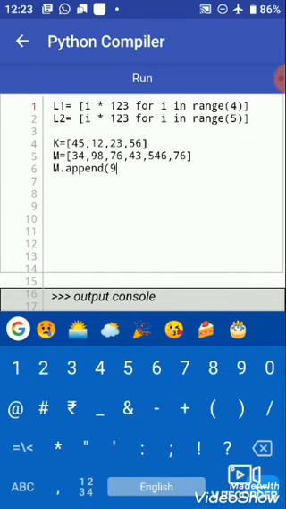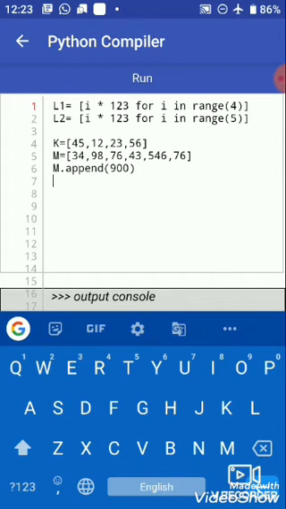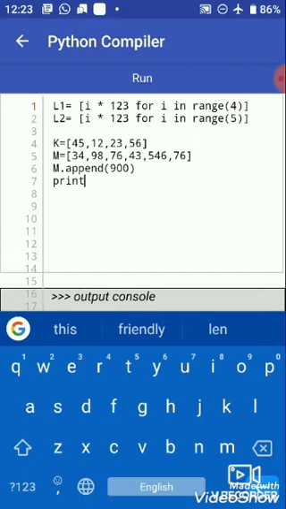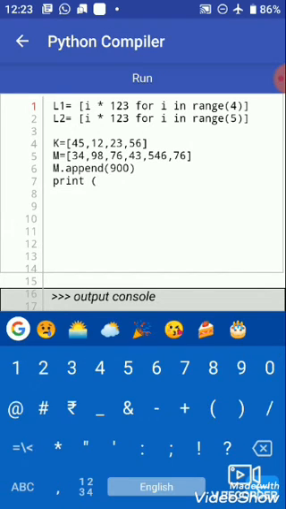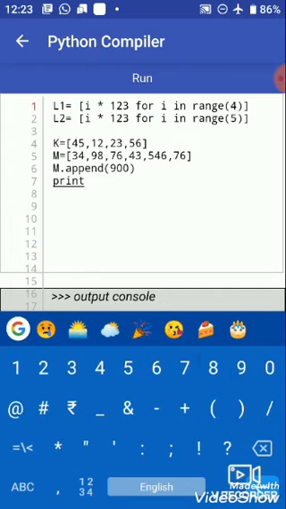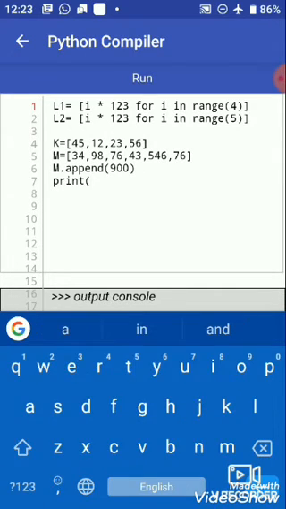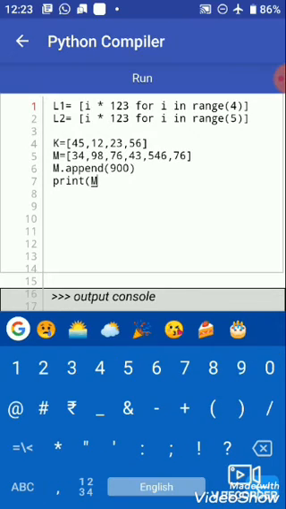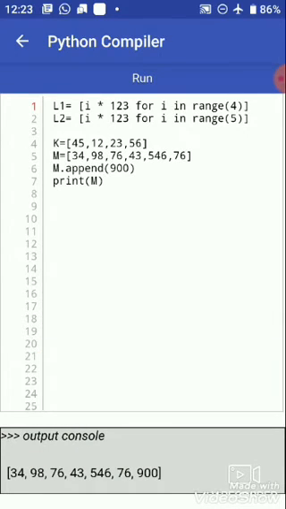So the value is 900, and then we print the list M. It adds 900 to the list, so it can append.